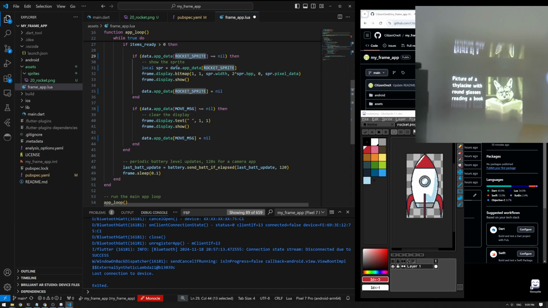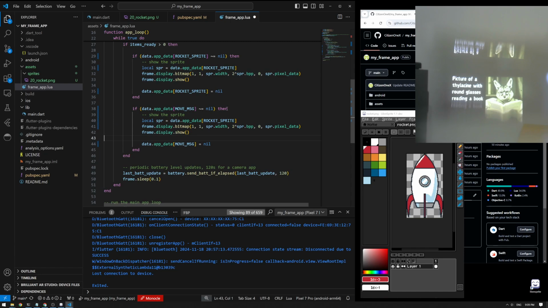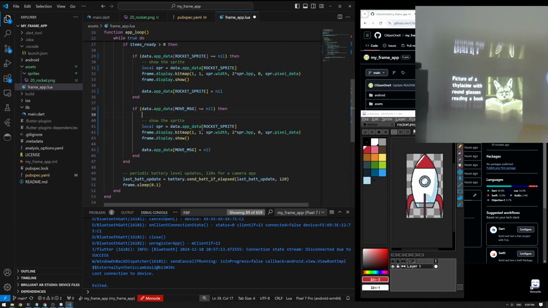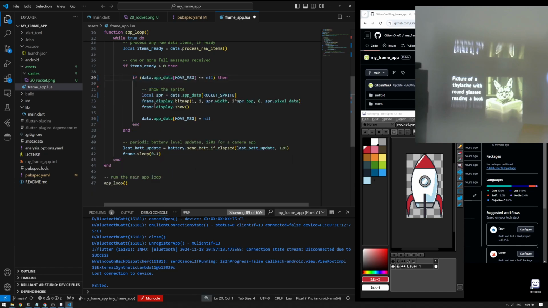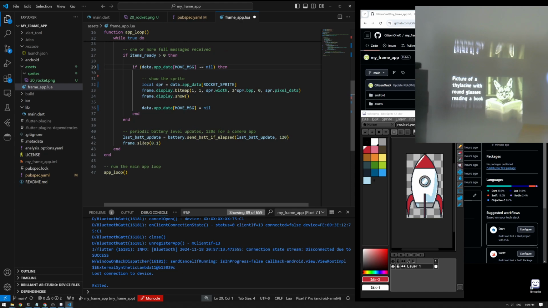So I'm going to get rid of this handling. I'll say show the sprite, and this is the code to show a bitmap on frame. But actually what I want to do is when it's a move message, that's when I want to show the sprite, and it's able to pull this out because it'll be preloaded in that table in Lua, and I don't need this at all. So at runtime, this Lua app actually only responds to one command, which is this move command. And at the moment I'm just going to put it at 1,1, so that's just in the top left hand corner of the screen, and we can update that